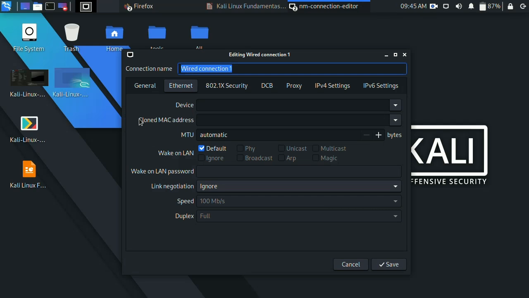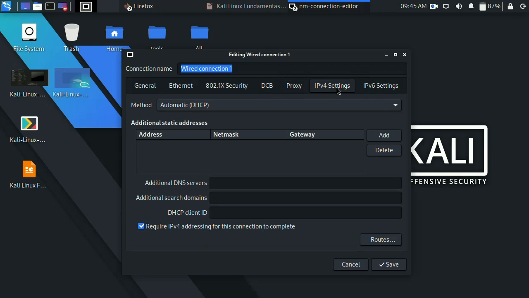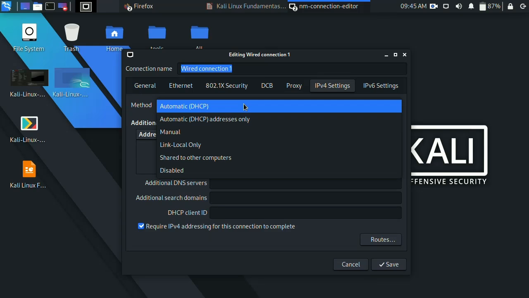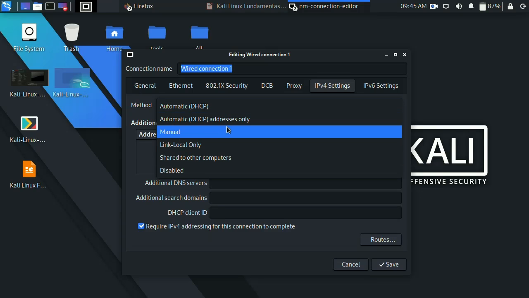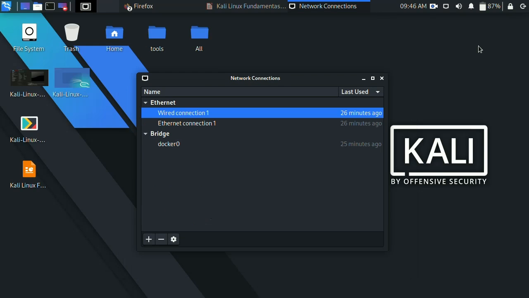Double click and it will give you this screen to change any settings you want to change, like the proxy server. You can use a specific proxy server, and there are IP version 4 settings. You can make it automatic. Now it's automatic. The DHCP server is responsible for giving it the IP address, but you can ask it to manually put your IP address, and so on of the settings you can change about the network configuration. Then